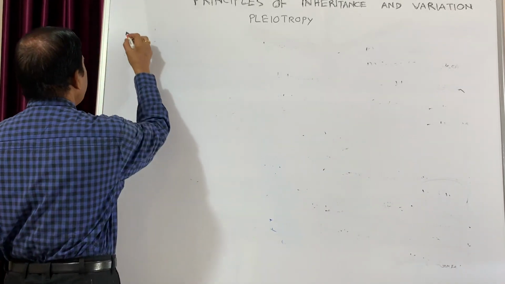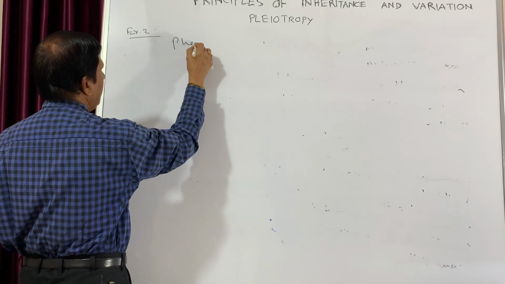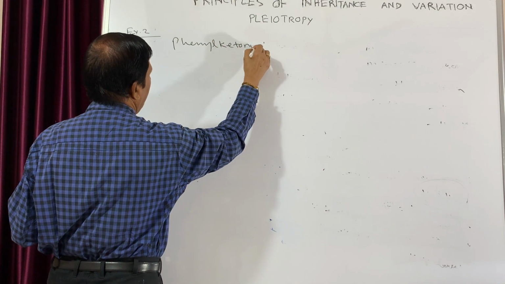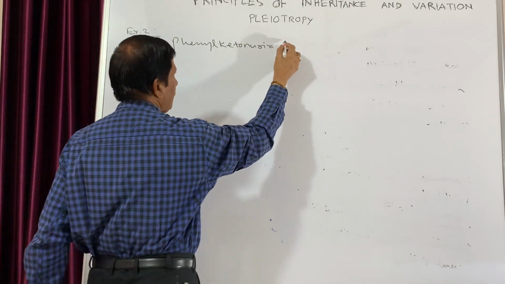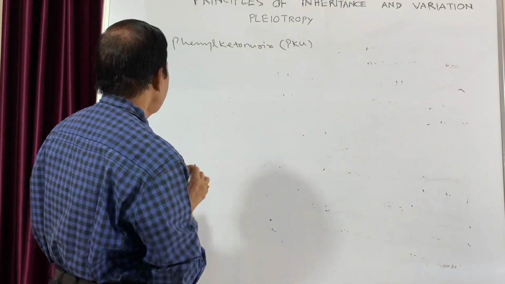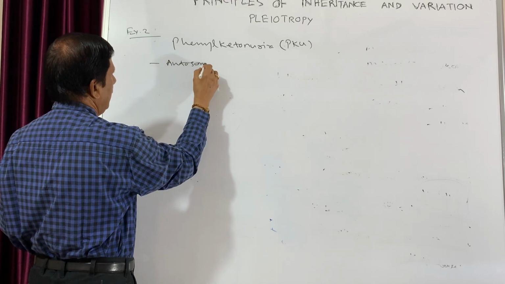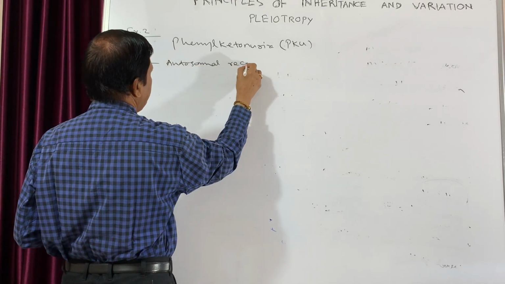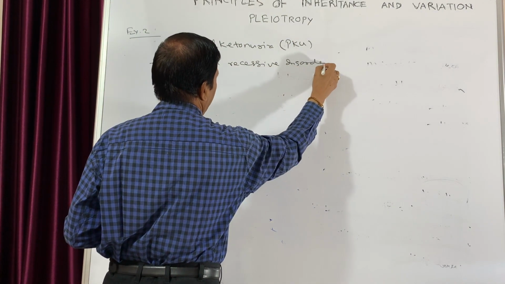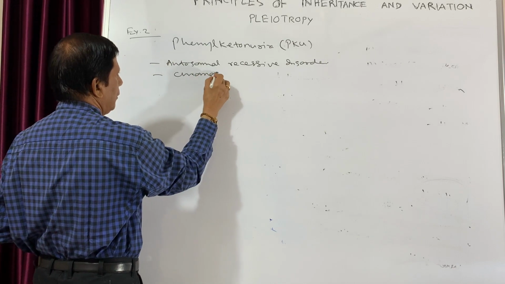Phenylketonuria, in brief it is also known as PKU. So this is also an autosomal recessive disorder. It is found in chromosome 12,